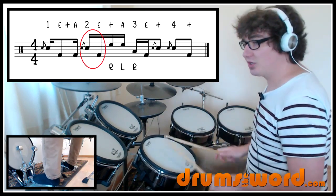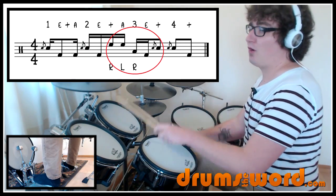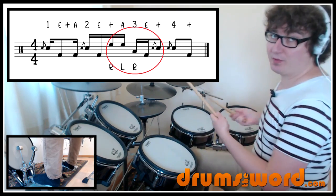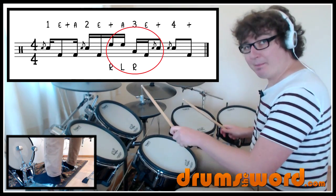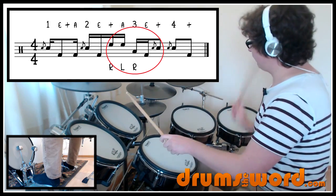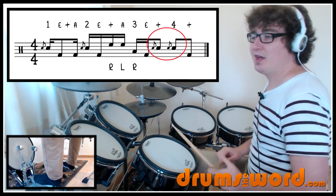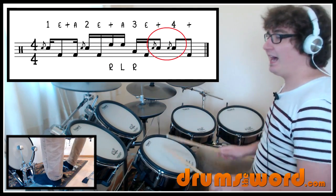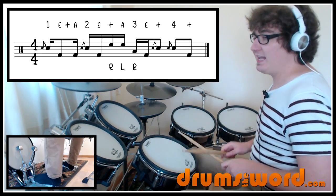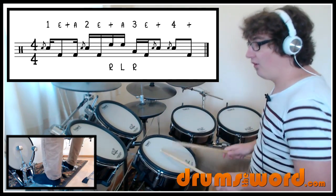1 E and a 2, followed by another bass drum on the E of 2, so 2 E. Then we play right, left, right, high floor, floor, lower floor, whatever you want to do. That bass drum idea comes in on the E of beat 3, right, left, right foot, giving time to then come back to the snare drum to play 2 flam notes, the first of which occurs on the and of 3, and 4 and. So slowly, 1 E and a 2 E and a 3 E and 4 and